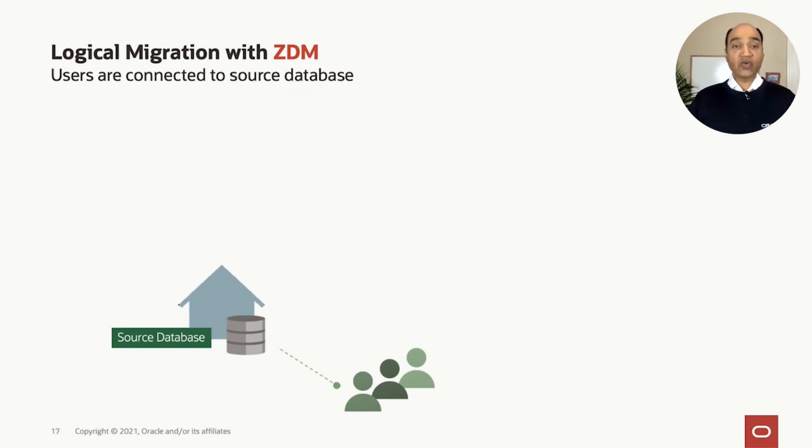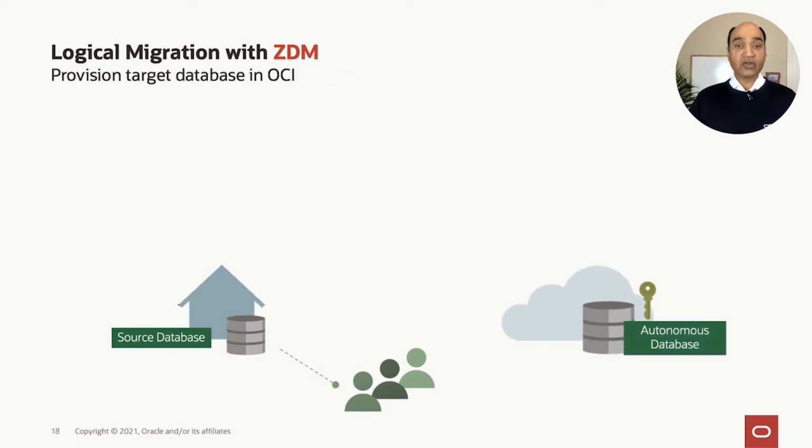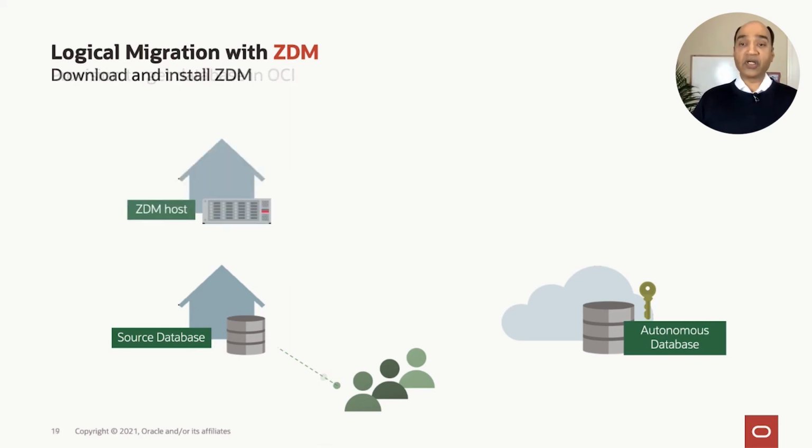Now imagine you have a source database that requires high uptime and it is constantly being used by end users. To migrate this database, of course, you would first go ahead and create an autonomous database on the target platform of your choice. Could be Cloud at Customer, could be shared, could be dedicated infrastructure in the Oracle public cloud region. So whatever your choice is, go ahead and deploy your autonomous database.